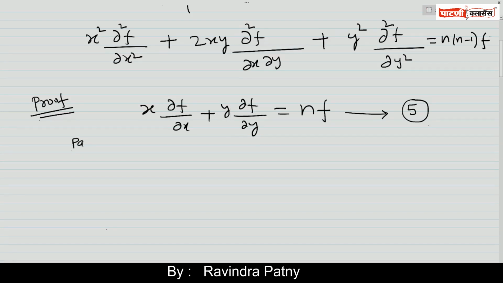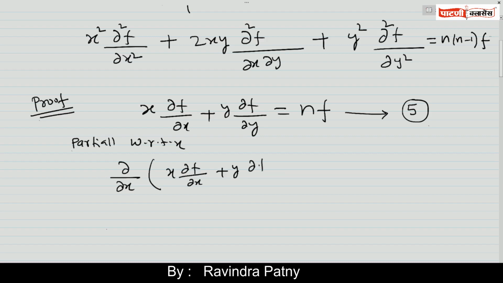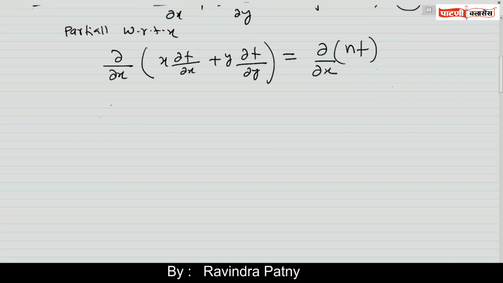Now differentiating partially with respect to x, that is, partial differentiation with respect to x of x dou f by dou x plus y dou f by dou y equals to partial differentiation of nf with respect to x, equals to